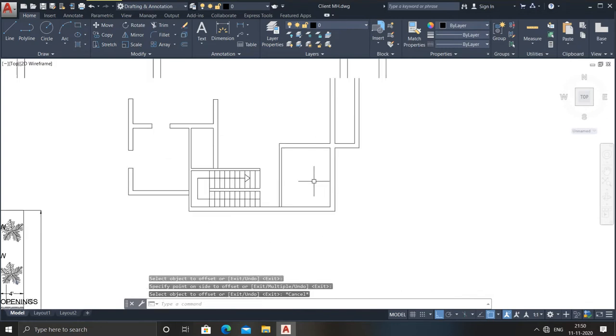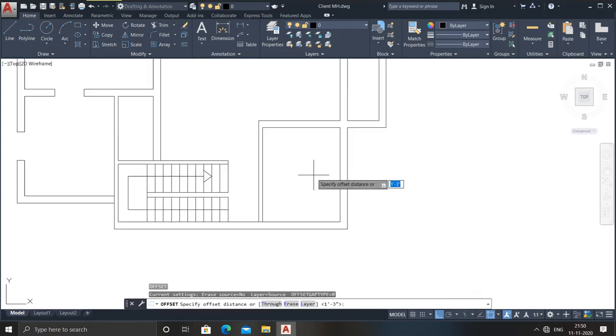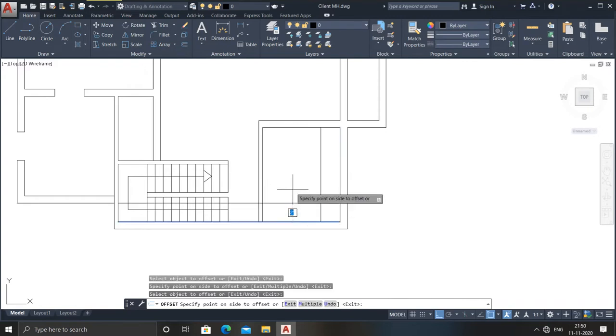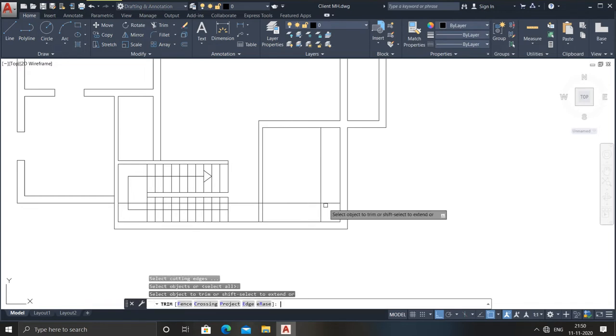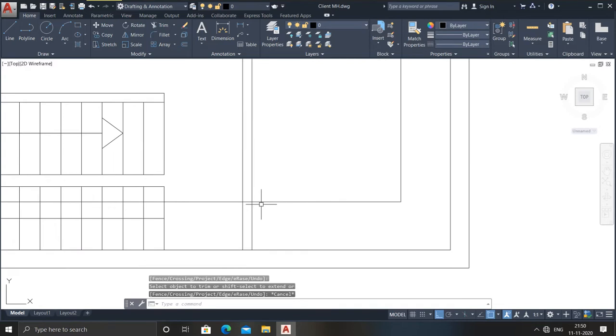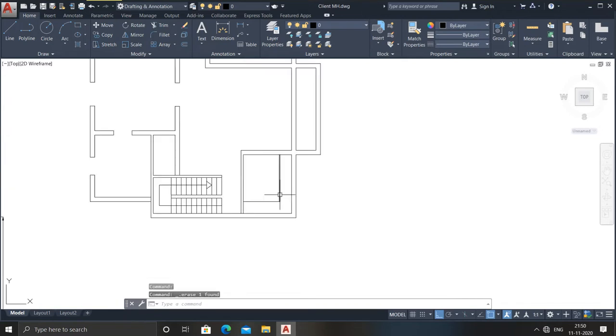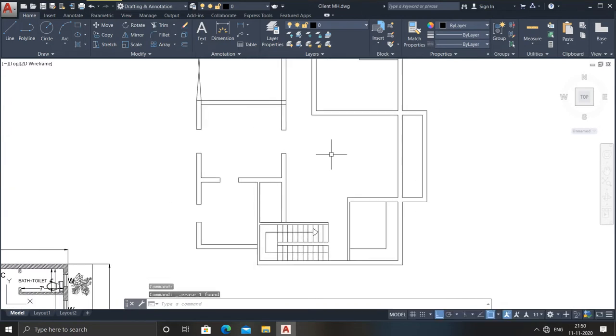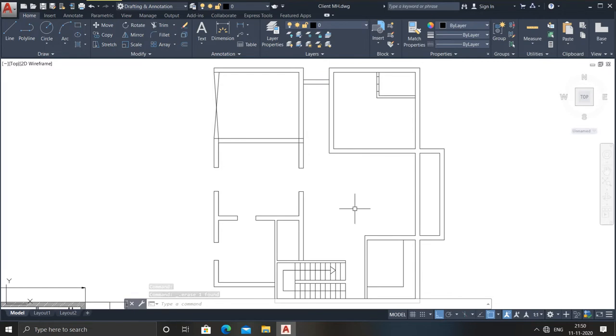This is my kitchen room, right? So go for the offset command of 2 feet from this side and this side. You may understand why I have done it like this, because I need to keep some gas stove here, like that. That's why I have done it here. So here also I need to trim it. Once I have trimmed, I need to select it and delete it like this. So you can see my plan is almost about to be ready, right?